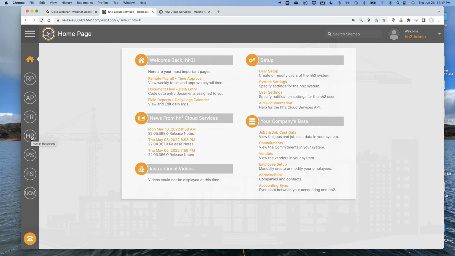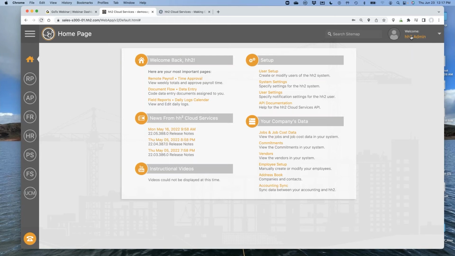We have an HR solution as well. Some of these others, I won't go into the detail on those. This one's pay stubs, but I'll let you know that pay stubs are now available in our remote payroll product as a dedicated feature that automatically comes with the product now. We'll talk a little bit more about that as we go along.